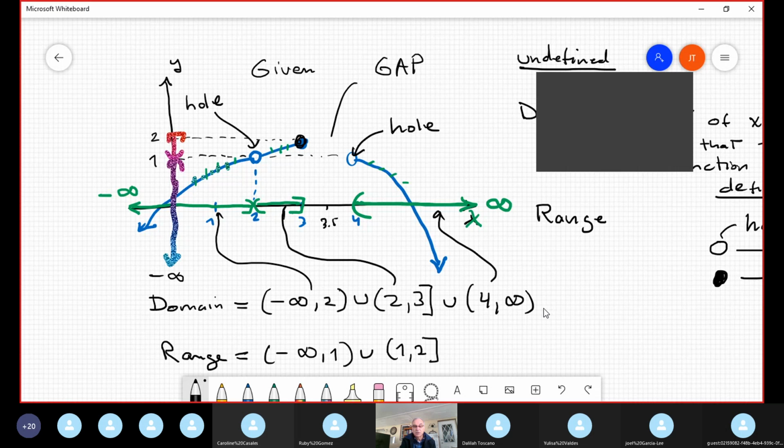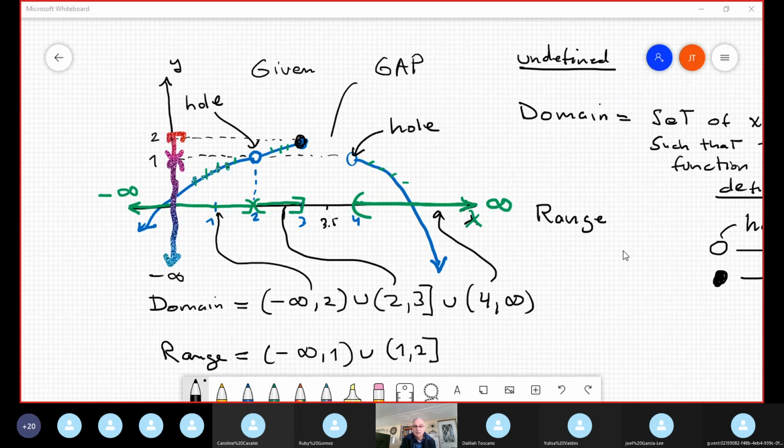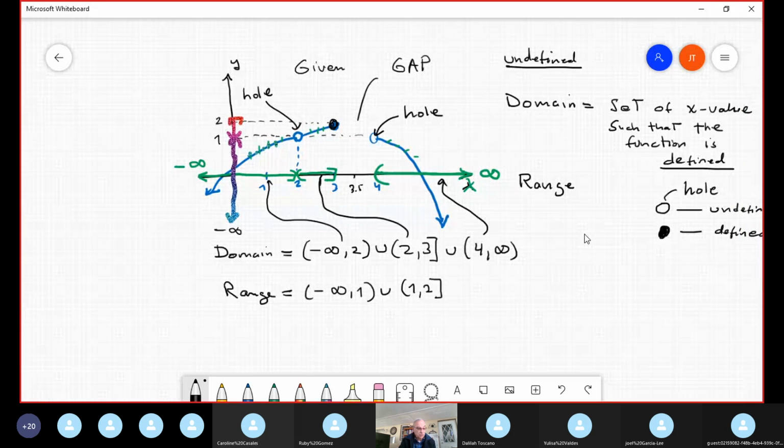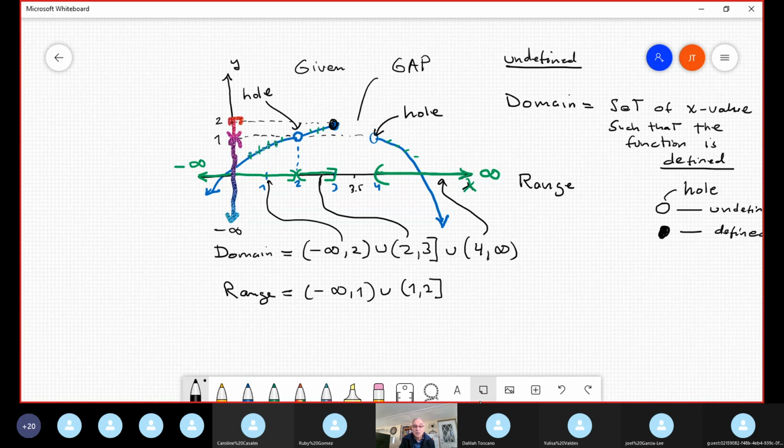Guys, unfortunately, what will happen? The next time we are discussing transformation. The transformation is very, very complicated. This is the most complicated moment in college algebra. Okay. So now I